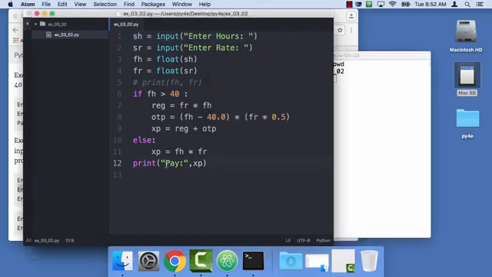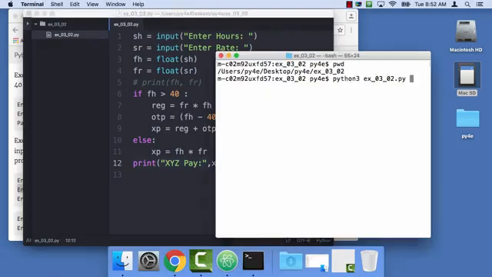Okay, so now I'm just nervous enough to want to double check this. And so I will do something like this. I will say XYZ pay and save it and then run it again. python3